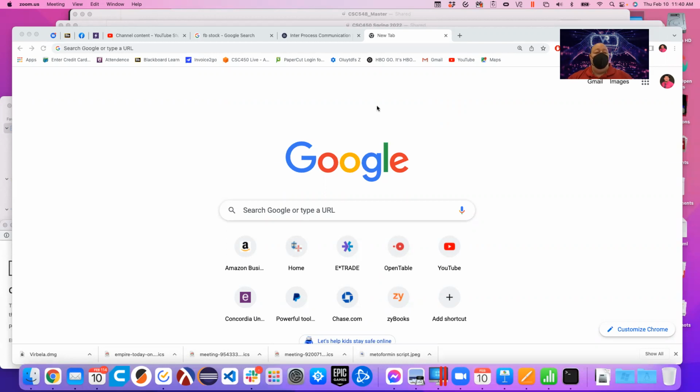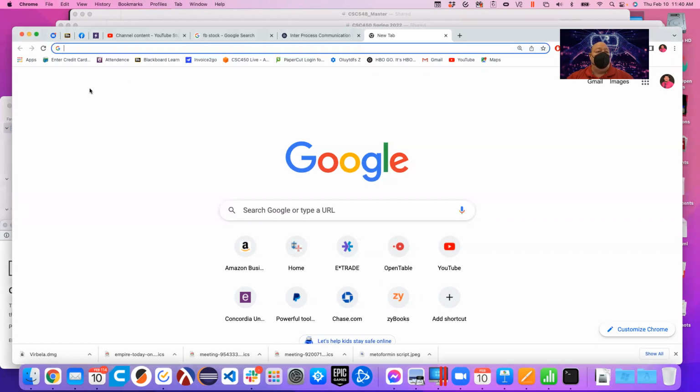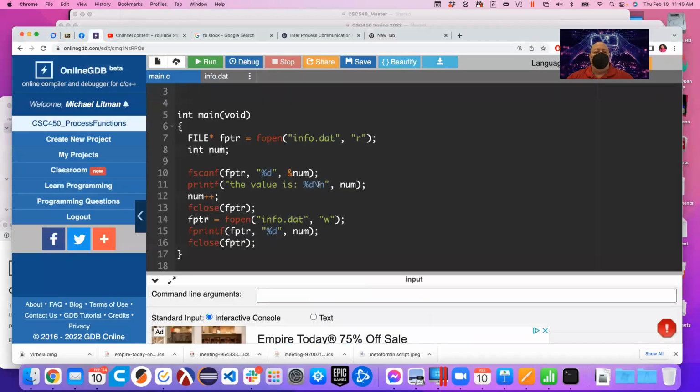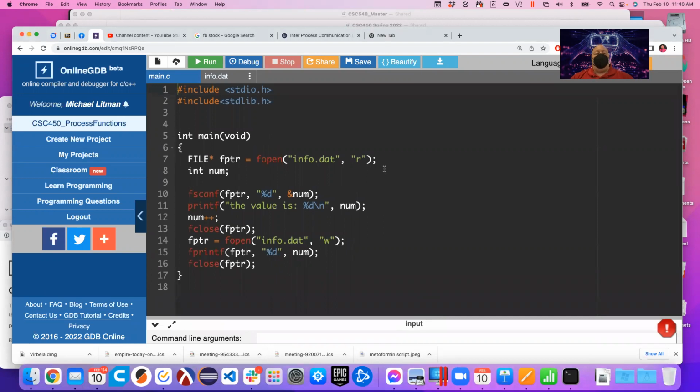Not too bad, but hopefully it introduces some questions for us as we start leading towards interprocess communication. We'll start talking about that some today. So the assignment, I gave you an example of file IO. What was interesting here, and why we were having issues at the end of class last time,